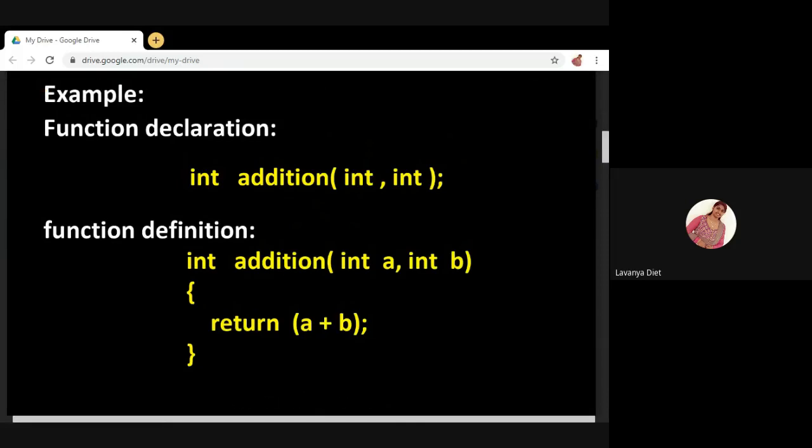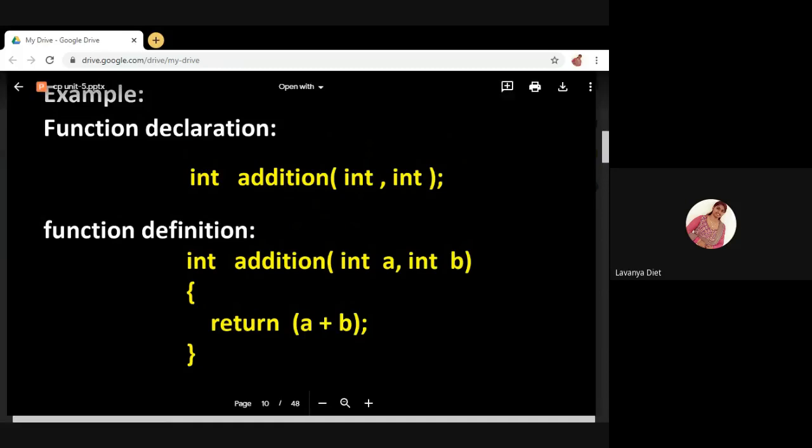See here, the function name is addition, right? So addition. Next, parenthesis. Inside parenthesis, you must not specify variable names. You must specify only data types of the variables you are using. Here you are using only two variables, right? A and B. So what are the data types of A and B? Int.